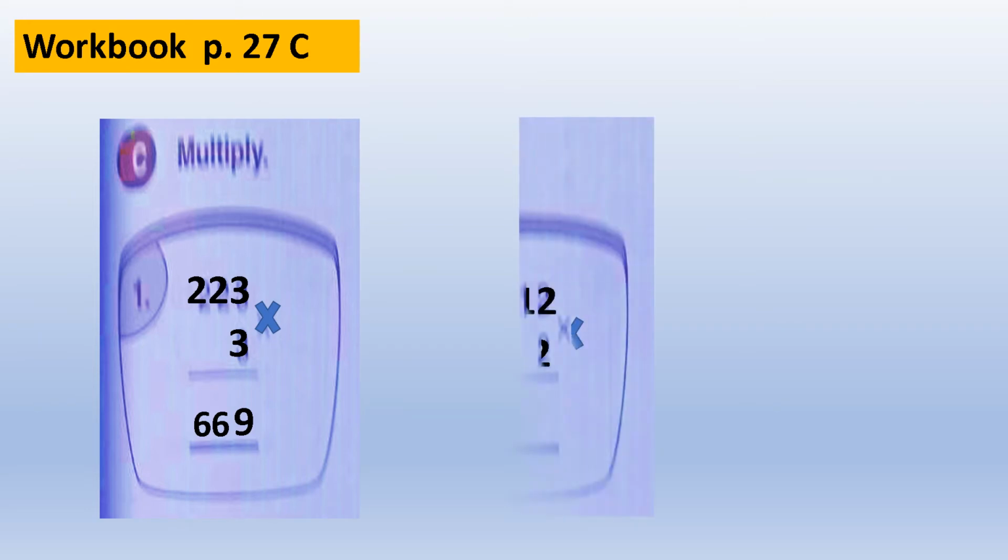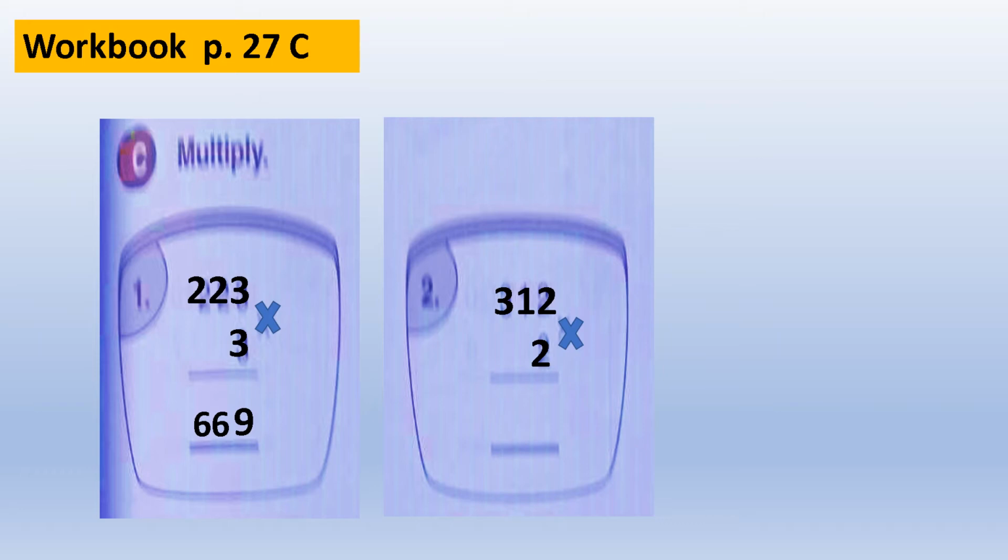669. Number 2. Okay, so the same, you have to multiply each of the digit of the multiplicand by the multiplier, starting from the ones place. So 2 times 2 is 4, and then 1 times 2 is 2, and then 3 times 2 is 6. So the product is 624. So you say 312 times 2 is equal to